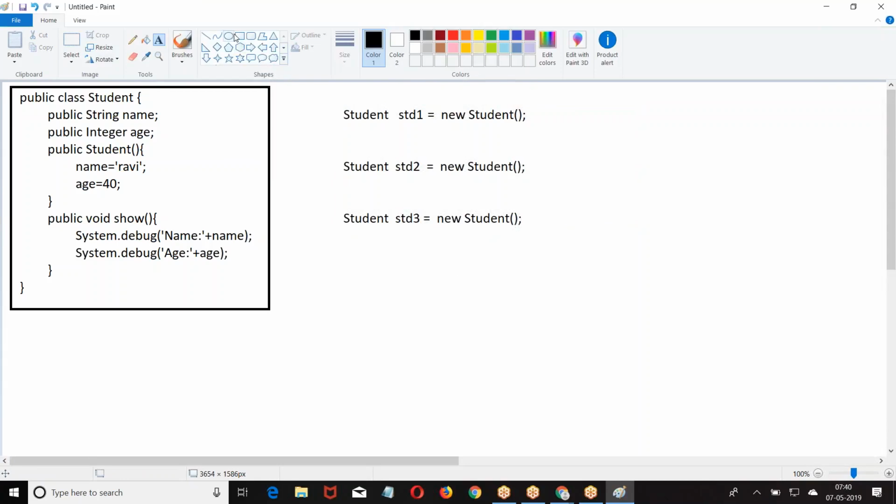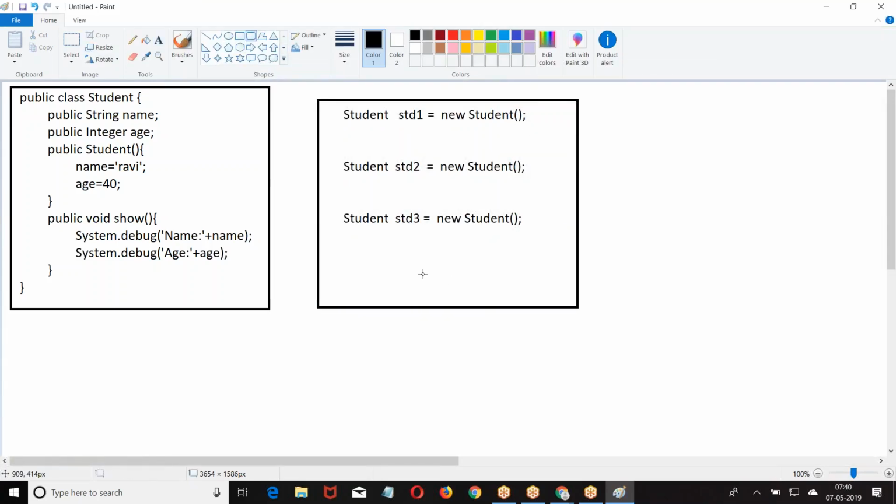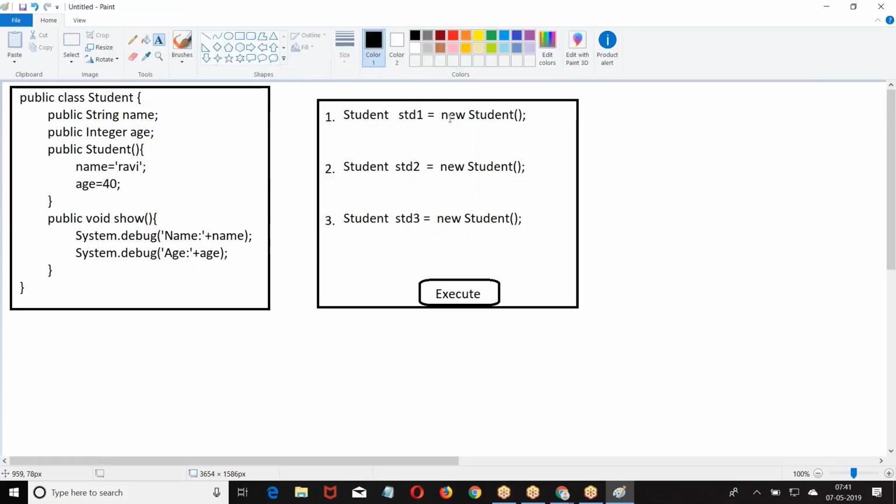This is the program, boss. I wrote this program. I told it to execute. Then what will happen? Start with line number 1. Always which will execute first, left hand side or right hand side? In line number 1, when you have an equal statement, the right hand side will execute first. What is there on the right hand side? New. So this will create